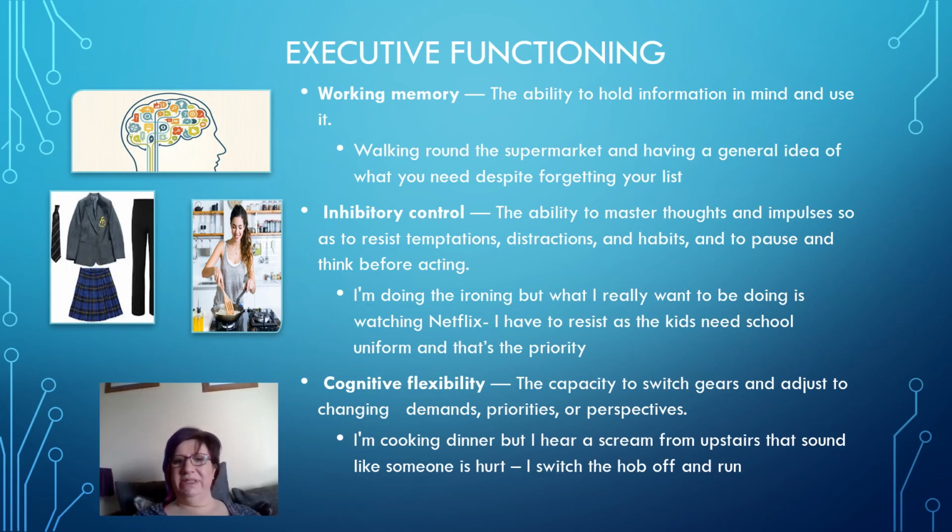Okay, so the last topic we'll come into is executive functioning. This might be a term that you've heard. It tends to be a term that we're using a little bit more at the moment. For kids with neurodevelopmental difficulties, executive functioning can be incredibly important because they misread a lot of situations, and it's difficult for them to do that central coherence, that theory of mind, read between the lines. What is somebody else thinking? If you think about this, brain patterns are so complicated. So for our children, this can just be an absolute minefield. So I'm going to break this down into some more categories for you.